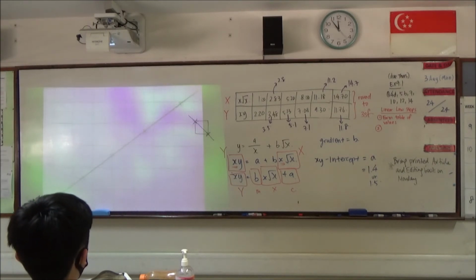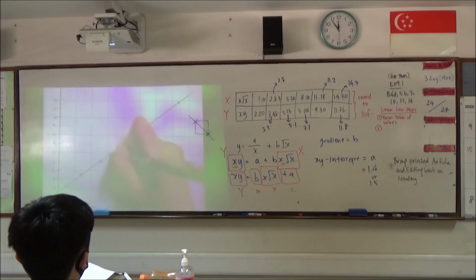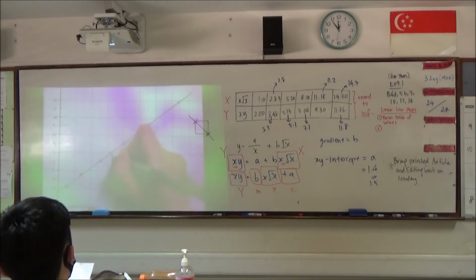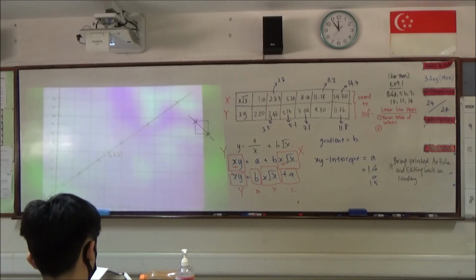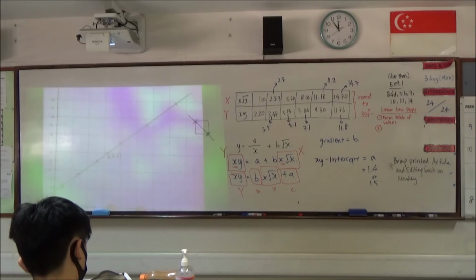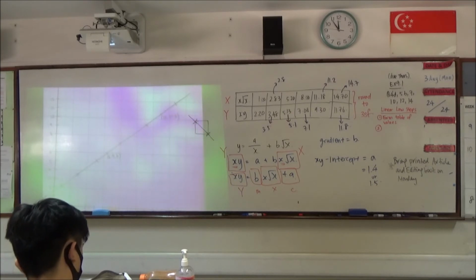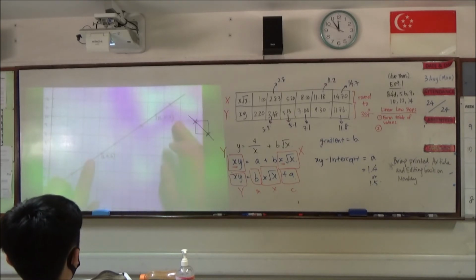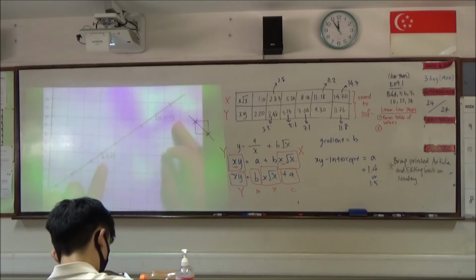Okay, what I had previously located, let me zoom out. I previously located, and I can still find it here, 6.4 and 6. Hopefully yours matches as well. Then the other one that I managed to get is 13 and 10.6. For these points that you find, please label the coordinates so that the marker can easily tell where you find these points from.